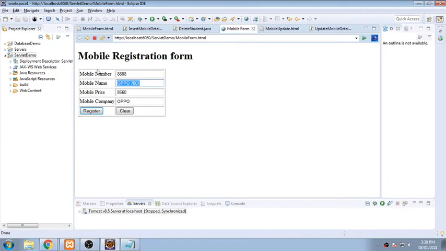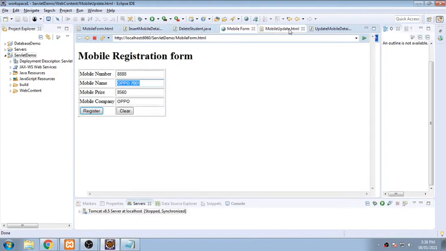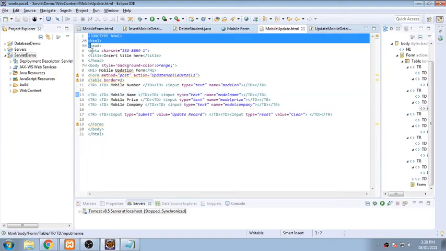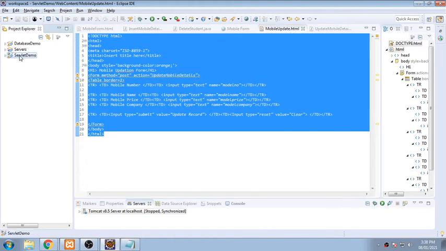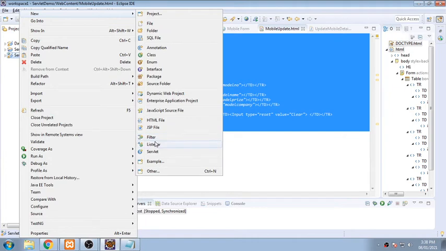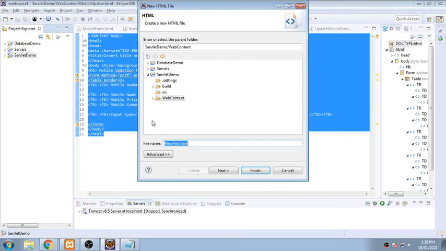So this is the mobile form and this is the mobile update form. I'll just copy this form and create a new HTML file. I will call it delete mobile, in the .html format.